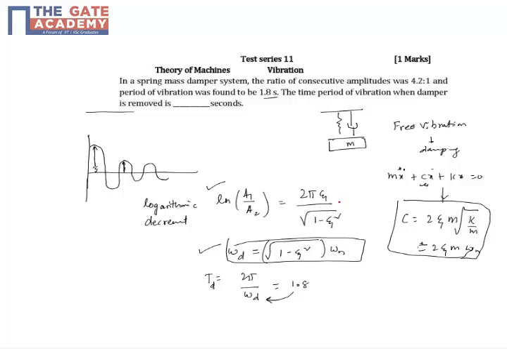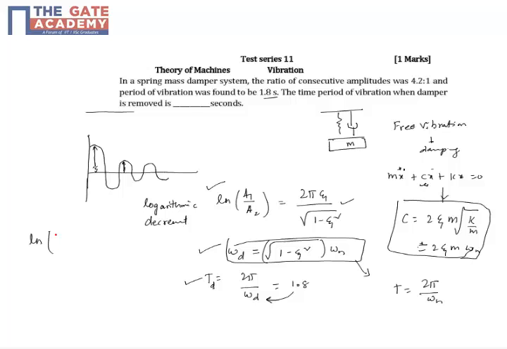The first equation we use to get the damping ratio j, and omega d we can get from the time period. Then we come to the second equation and substitute omega d and j. j comes from the first equation, omega d comes from the third equation, and then we substitute and get omega n. From omega n, the time period of natural vibration is related like this. So that is the flow of this problem. Let's first start